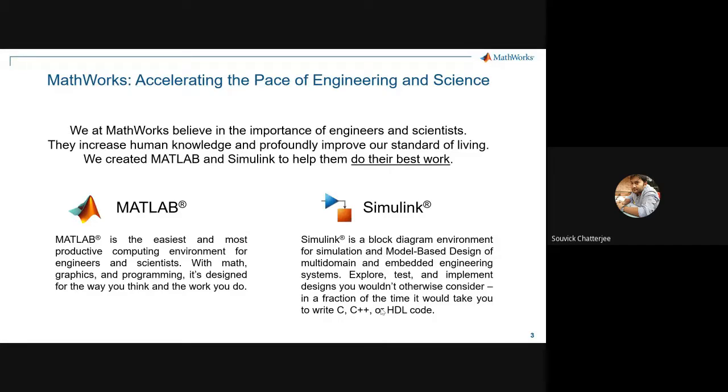As we go along, if you have used MATLAB for image processing, I'm specifying image processing because that's what we are focusing on in this event, it will be great if you can put in the chat window whether you have or you have not. It's okay if you have not, we can show you some of the basic fundamental things which can help you. So please feel free to use the chat window to say if you have used MATLAB for image processing at all. Okay, thanks for those responses.